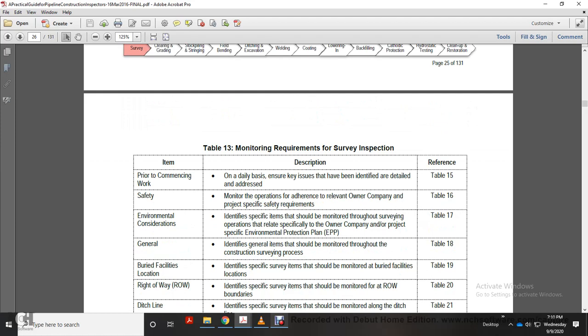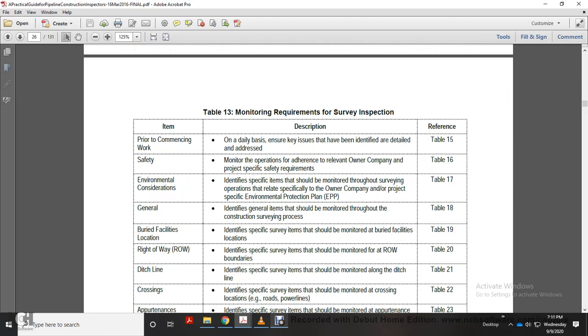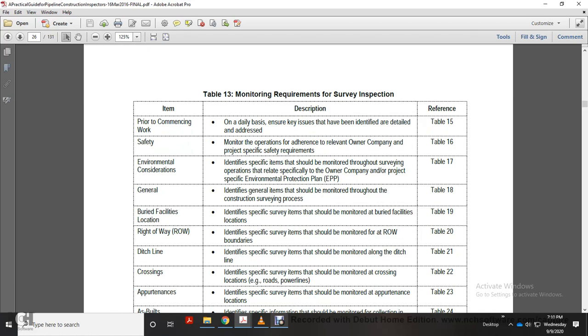Prior to commencing the work on a daily basis, ensure the key activities identified with the detail of the safety, monitor the operation of the right of way, relevant to the owner and company project safety requirement. Environmental consideration: identify specifically what should be monitored throughout the surveying operation, specifically the owner or company project specific environmental protection plan. General: identify the general items that should be monitored throughout the construction survey process. Buried facility location: identify specifically survey items that should be monitored with the buried facility location. Right of way: identify specifically survey items that should be monitored with the right of way boundary. Ditch line: identify specific survey items